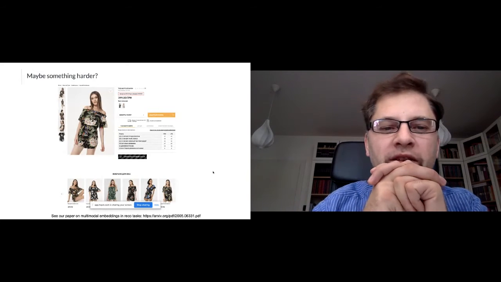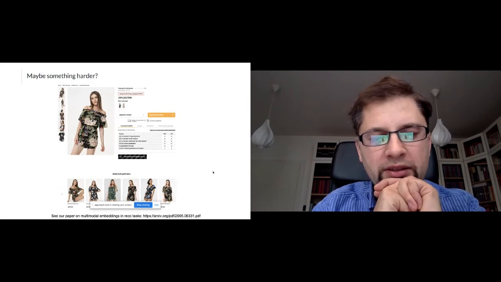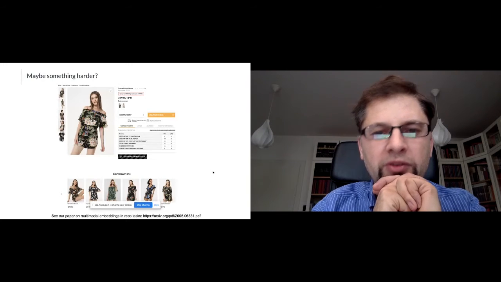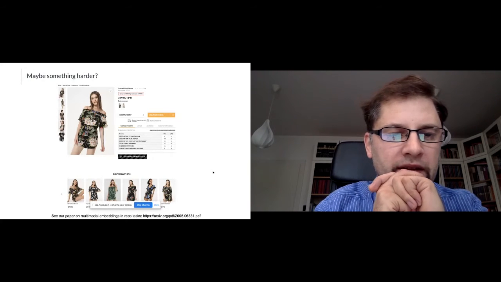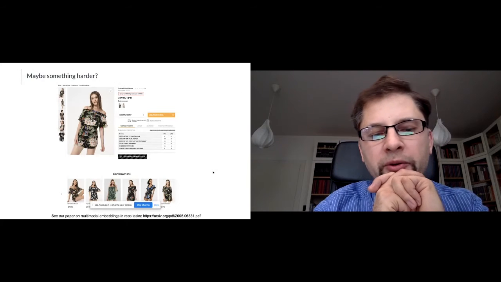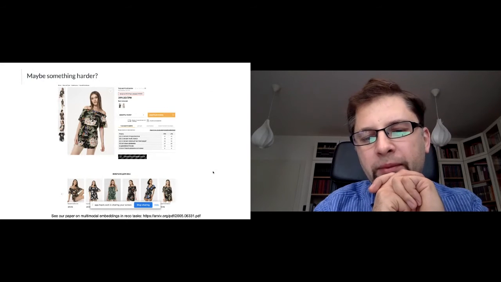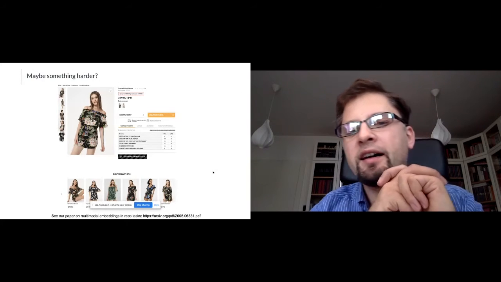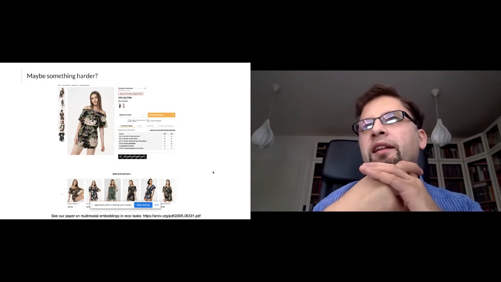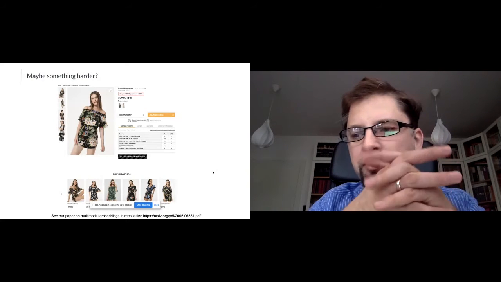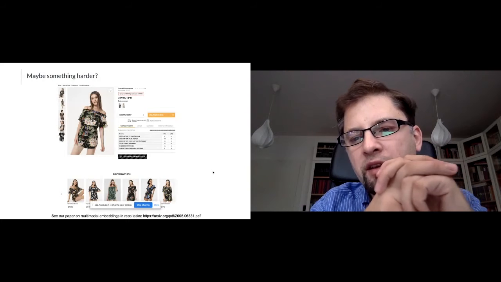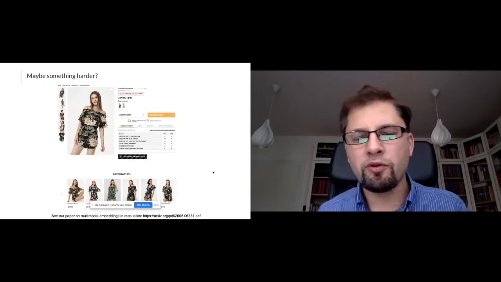And we are not only taking into account the image in this kind of task, because you also have some textual information available in this kind of problem. So you also have user activities data. So, for example, if someone is clicking on similar products, so it's essentially a problem of information fusion.